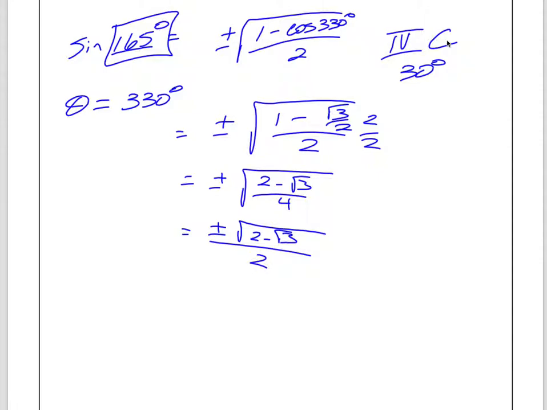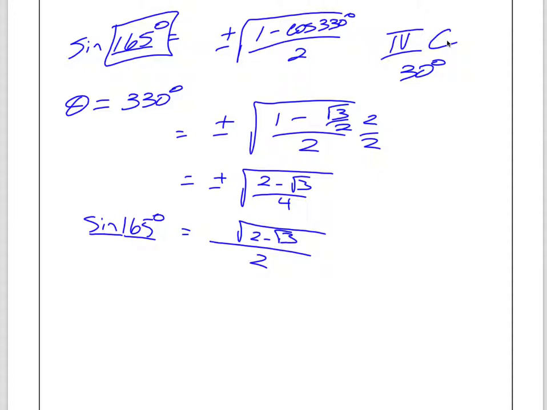Now notice, this has a plus or minus in it. I don't want plus or minus in my answer. I want to choose one of those two. So how do I determine whether I want the plus or the minus? Quadrant. What quadrant of what? The original. I need to know what quadrant this is in and then what is sine in that